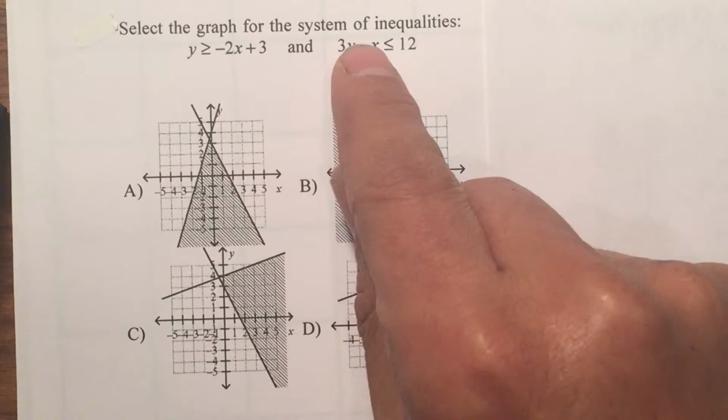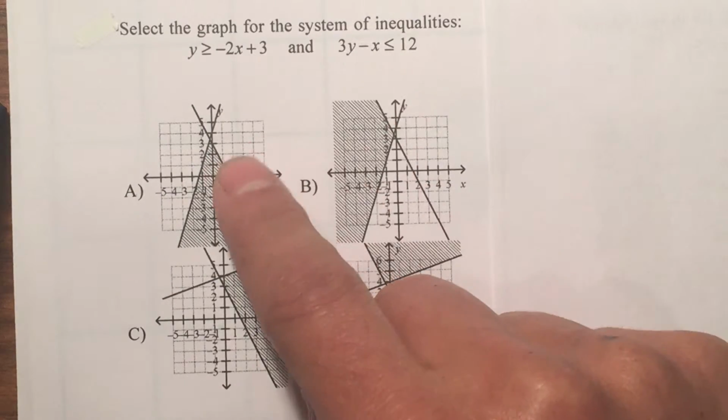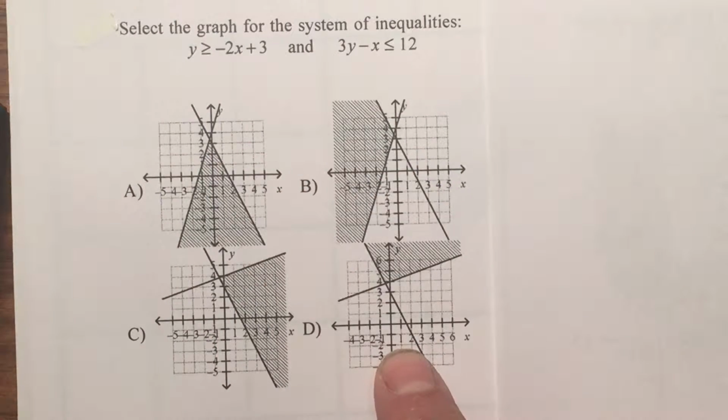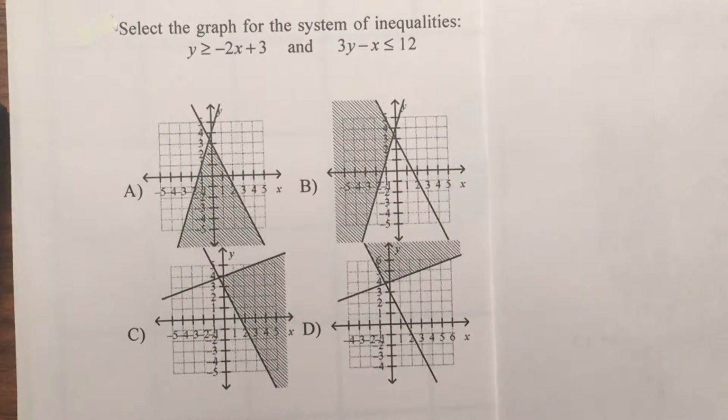Select the graph for the system of inequalities. They give you two inequalities and they ask you to select the corresponding graph. So let's go and start graphing the first one. And we have